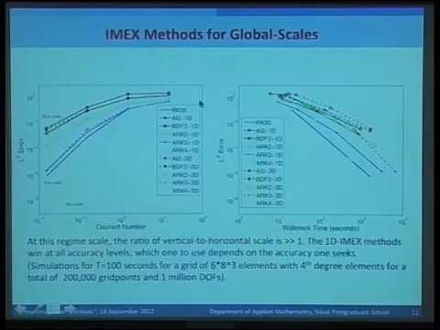I'm only going to show you one here, but we ran a lot of test cases. Let me explain what these plots are. I showed them in the first talk I gave here. On the vertical axis is L2 error. Again, this is a self-convergence study. And on the horizontal axis is Courant number, which is a proxy